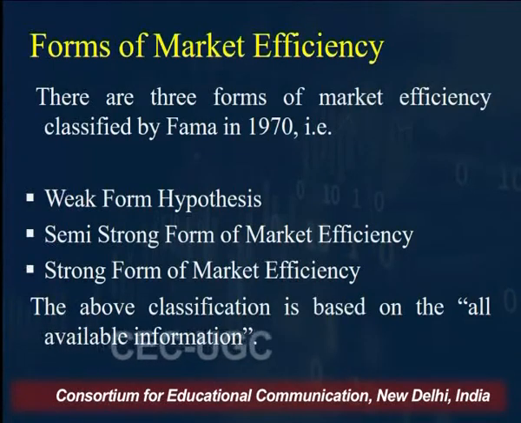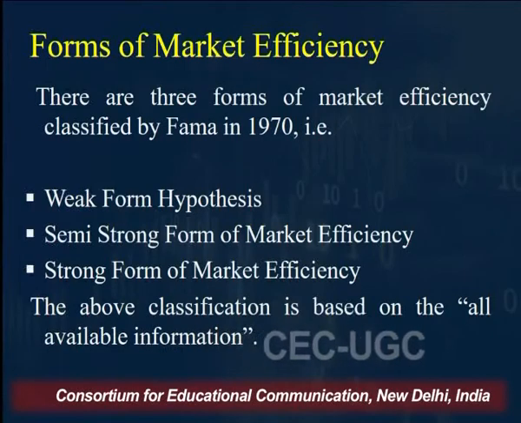Normally this efficient market hypothesis is known as EMH. This EMH theory talks about three different forms of market efficiencies: weak form, semi-strong form, and strong form. So this classification is based on all available information. Now let me talk of